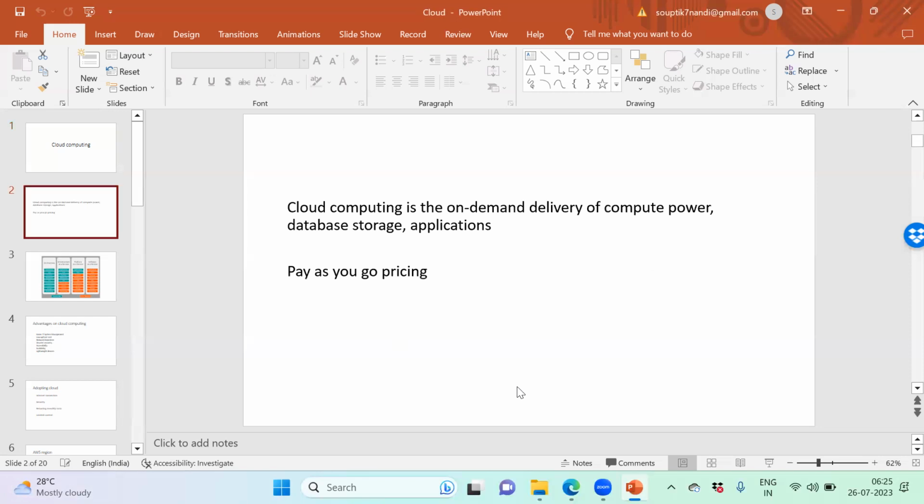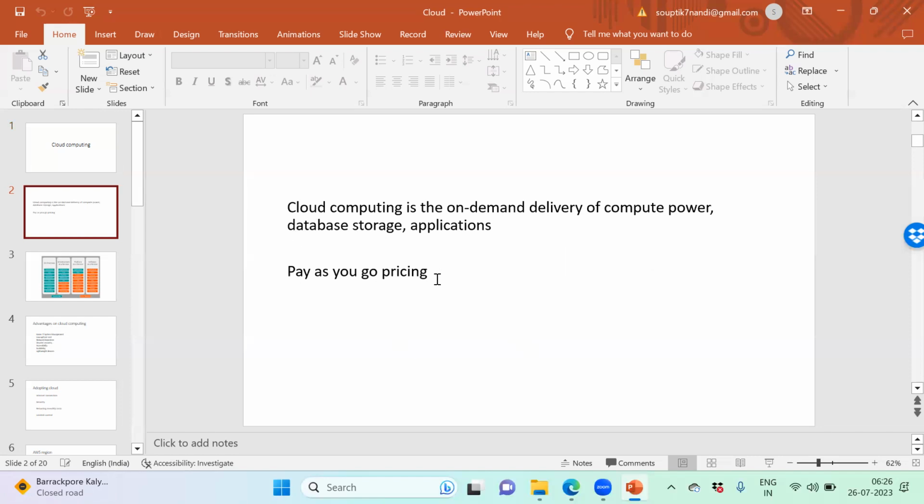So cloud computing is the on-demand delivery. When the demand is there, just launch the product. Cloud computing is the on-demand delivery of compute power. It helps us with compute power when it is required. Not only compute power, it also helps us with database storage. We work with a lot of database tools, just like MySQL I showed you. So database storage, several applications. When I have a demand, I need the demand to be met, so I can quickly open the cloud and launch the product.